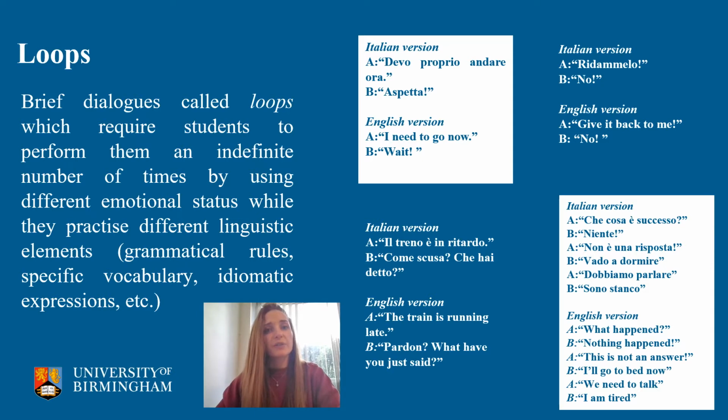Another characteristic of loops is the register, so the type of language that is used, which is quite easy, everyday language, and it is also applied in everyday communicative contexts. And this is particularly effective, especially for first-year beginner students, as they are required to improve their vocabulary as much as possible, and also they are required to practice very basic grammatical rules in possible realistic and